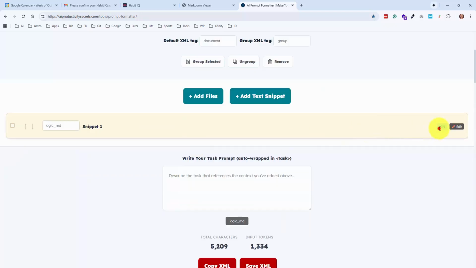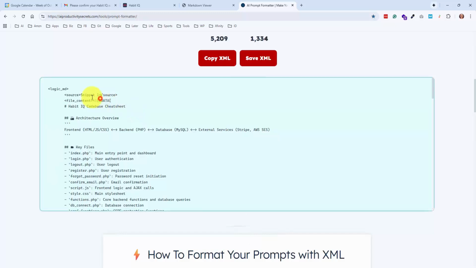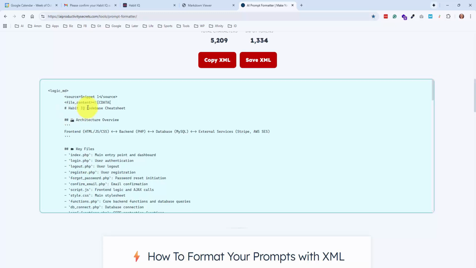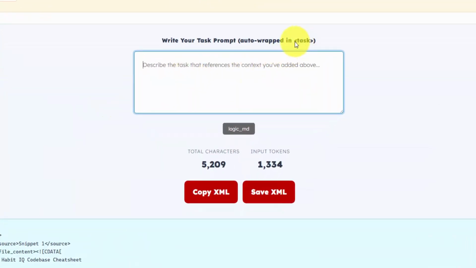And you can see over here, this is the character length. So this is about 5,000. If we scroll down here, this is the output. So you can see how it wraps it in that XML formatting and tabs it over. And I write my question or what I want in this block here, and it'll wrap it in this task